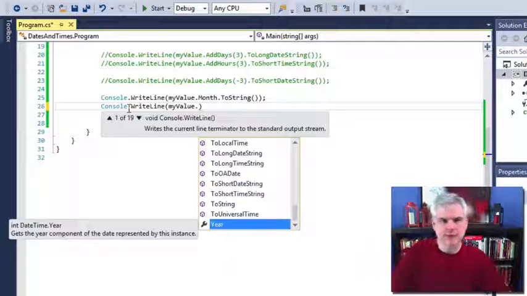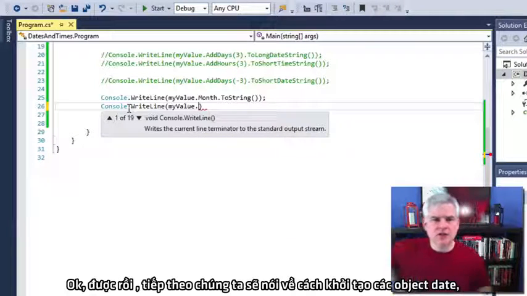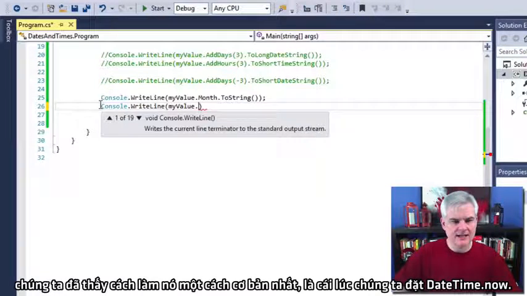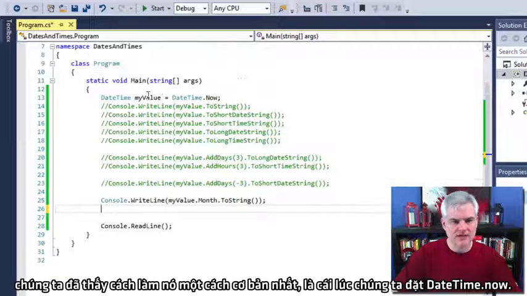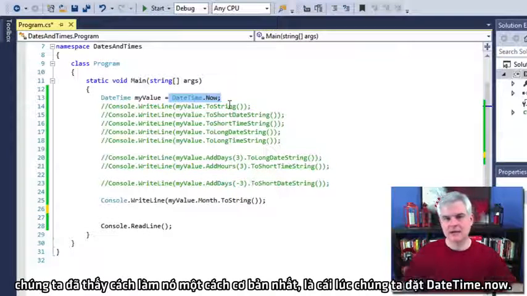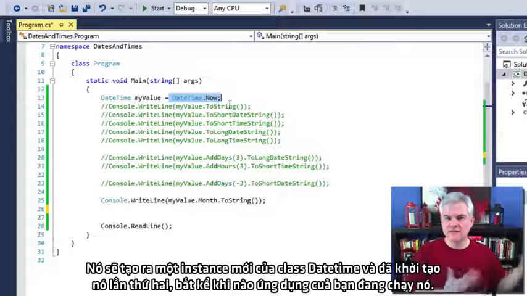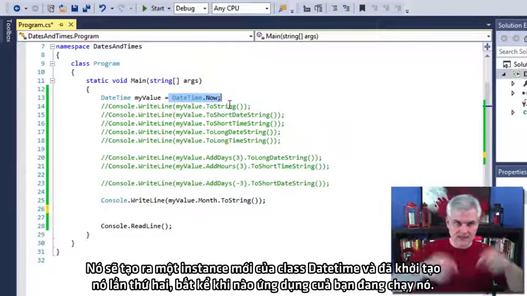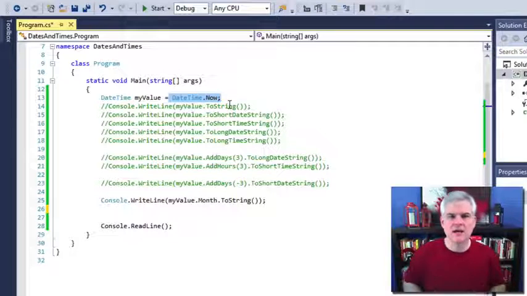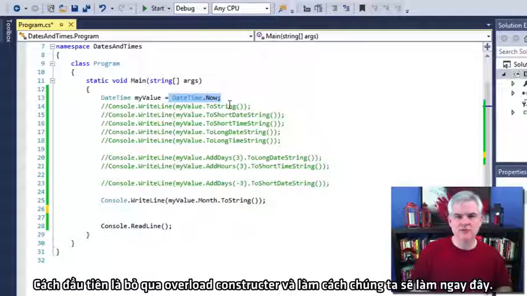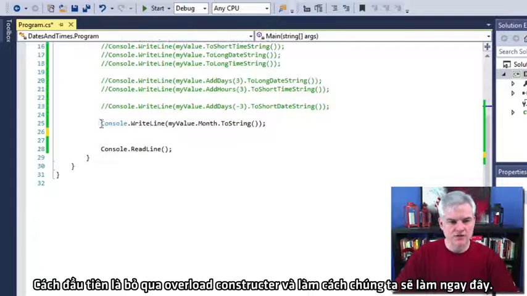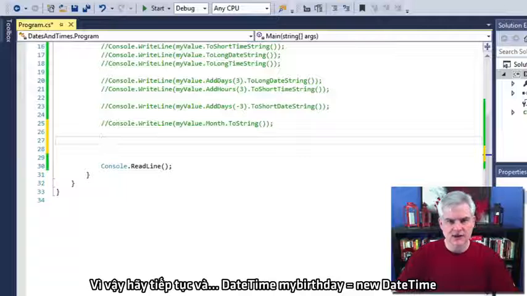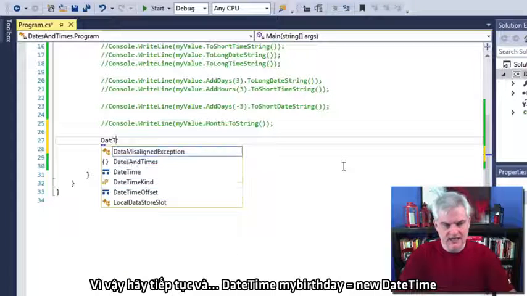Great. All right, so let's talk about creating and initializing date objects. We saw how to do that here at the very outset, where we actually set it to DateTime.Now. That created a new instance of the DateTime class and initialized it to right this second whenever your application is executing. The first way is through an overloaded constructor, instead of doing it the way that we did it here. So let's go ahead and just go DateTime